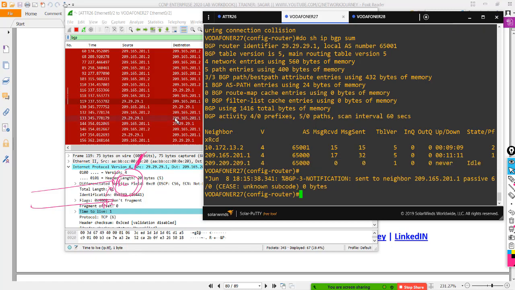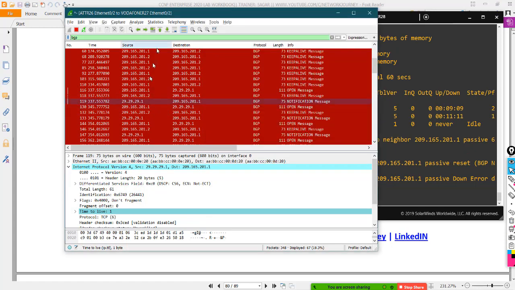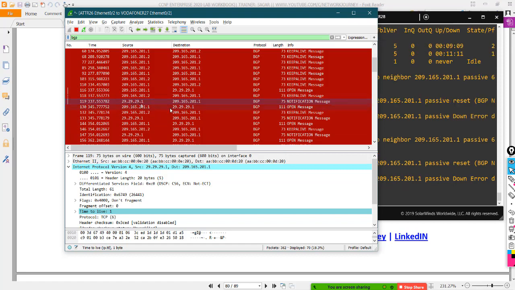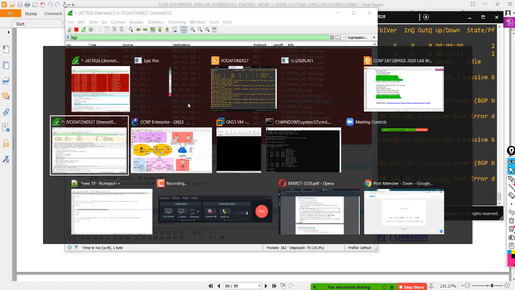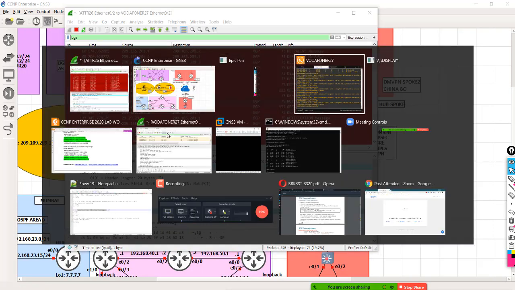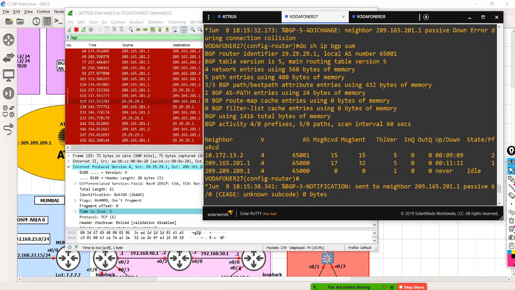Okay, so let's see what is happening here. For those packets which are originating from loopback, what is happening here is 29.29.29.1, it's going till the interface only. Okay, it's not reaching till the loopback. So basically loopback was this IP.